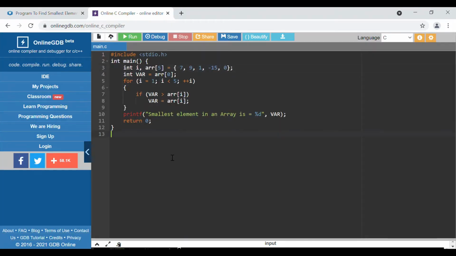Let's see the code in C programming language. So here is our code. Here we have included the stdio.h header file, and we have defined an array of length 5, and there are some elements in the array. Here we are statically defining an array. You can also take input from the user. We have defined one variable which will hold our smallest array element. Initially we have taken the first element of the array as the smallest element,